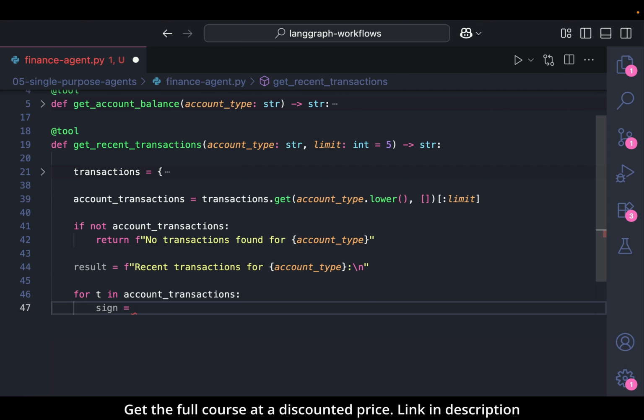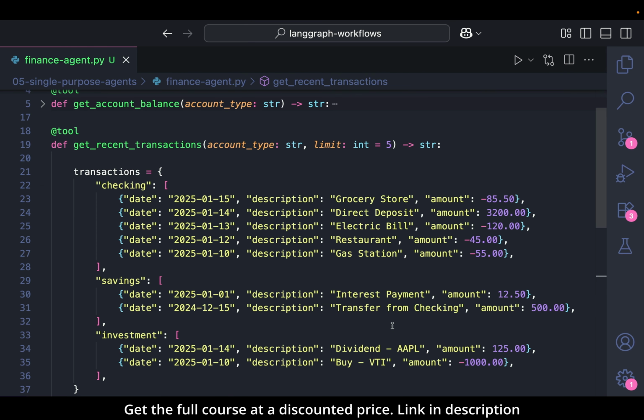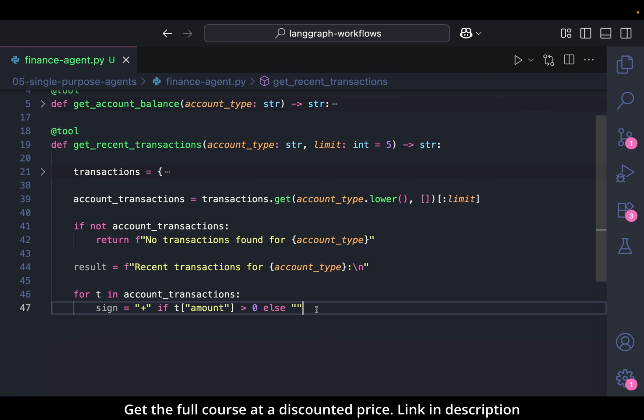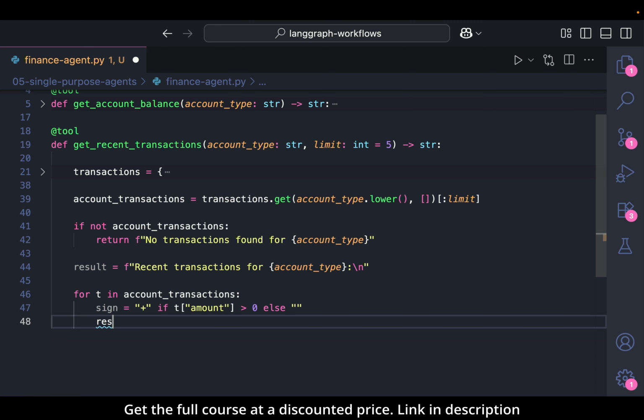So if it's a credit, that is if the amount is greater than 0, we want to give it a plus sign, else just give it no sign, because we already have the negative signs there for the debits. So we get the sign correctly, and we can attach the transaction to our results and say plus equal the